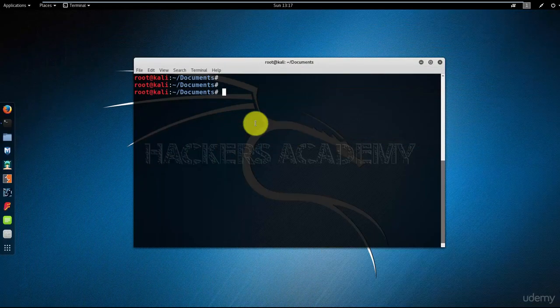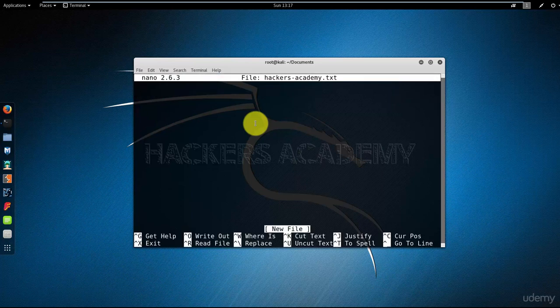I'm in my documents directory and I'm going to create a file called hackers-academy.txt. I do that by typing nano space hackers-academy.txt, and this opens a new file for me. Notice the title of the file on the top, hackers-academy.txt. There is a prompt blinking where I can type my text, and on the lower side I can see a